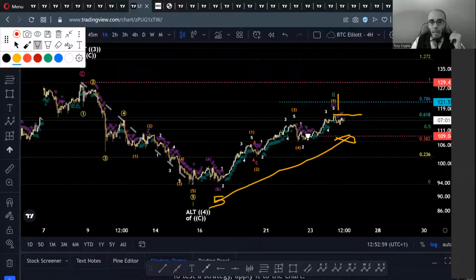And also, if I still think that it's a wave 2, we already have retraced more than 61%. So yes, we can retrace up to 100%, but that doesn't leave that much room to the upside. If it's a wave 2, it doesn't leave much room to the upside. So I find it quite risky to go long just because we broke my wave count. Normally I do it, but here I don't want to. I want to do it once we exceed the 129.42. I'm only telling you all those details so that you understand that there are a lot of questions involved in trading,